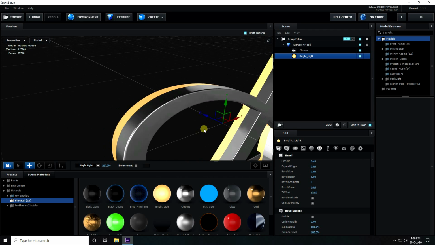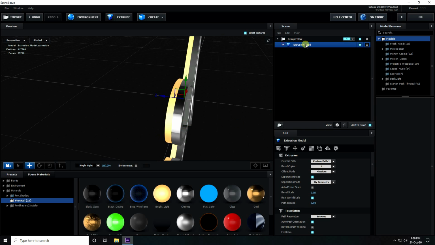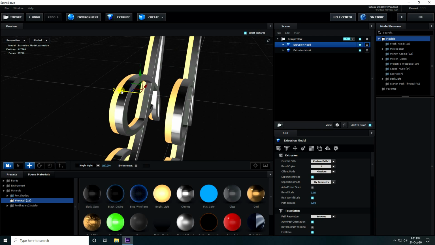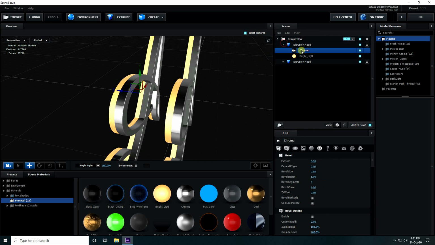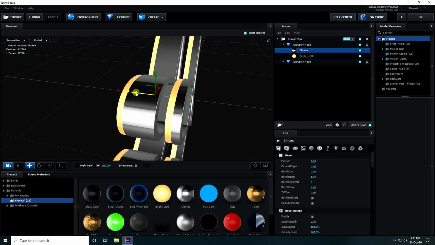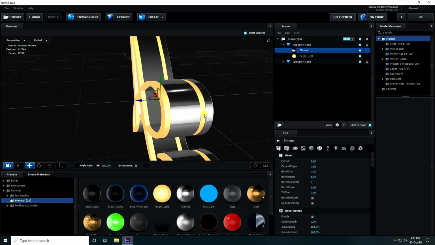Now select this one and press copy. The shortcut command is Ctrl D. So go back, select this chrome material and increase the extrude like this, like 2, and attach. See guys, that's my shape.